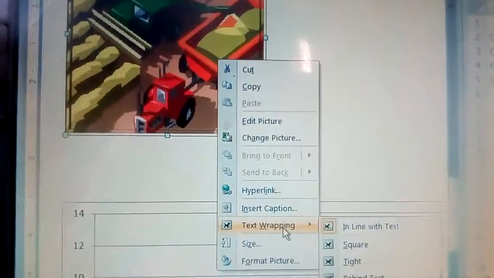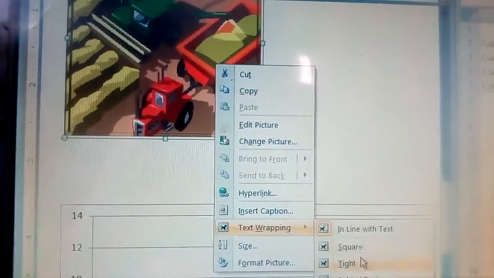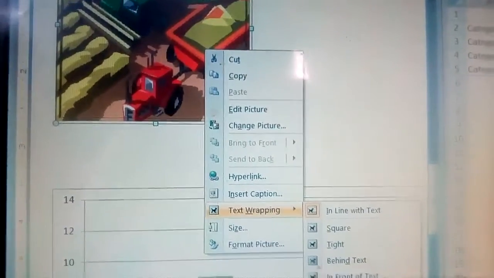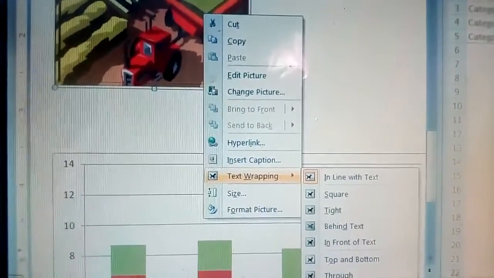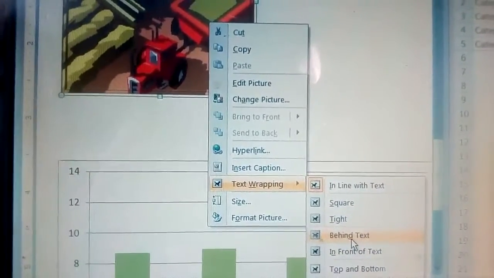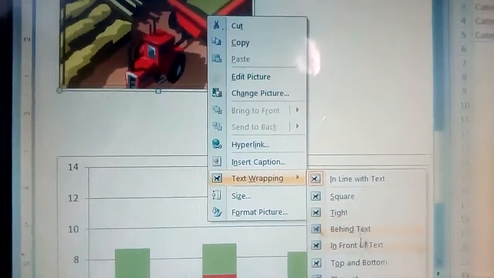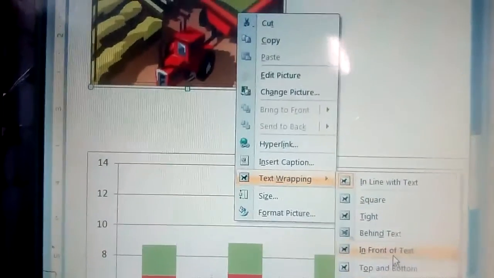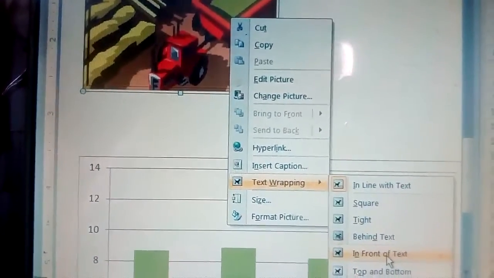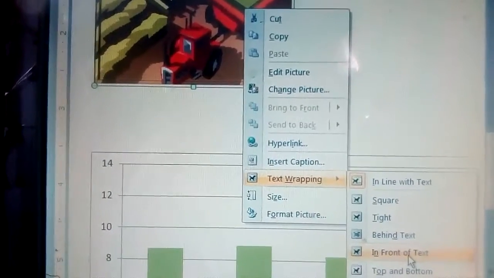So just click over here, and you will get a pop-up menu. Wrap through, then top and bottom, in front of text, behind text, wrap off. Okay, so all these things you will get here in LibreOffice. You will get different options in the pop-up menu, like wrap off, page wrap, optimal page wrap, wrap left, wrap right, wrap through. So these things you will get.